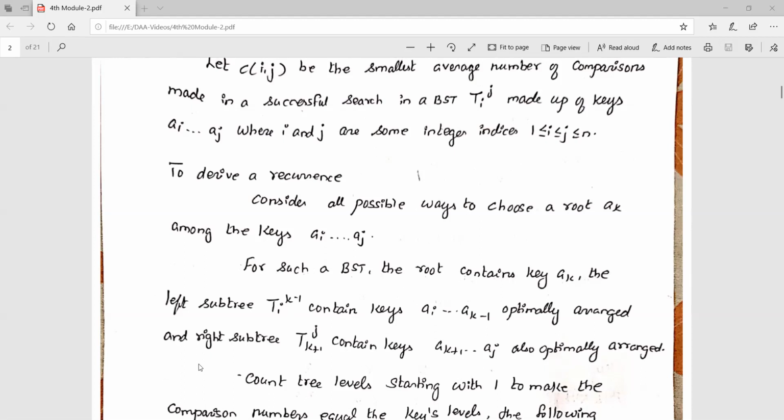And the right subtree T of K plus 1 to J contains the keys A of K plus 1 to A of J. That also should be optimally arranged.